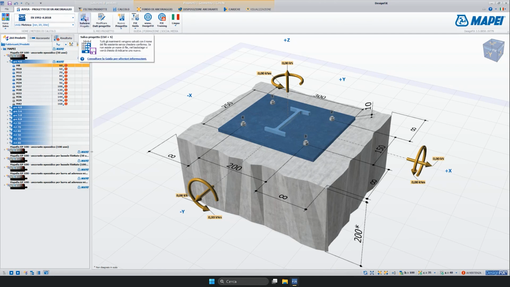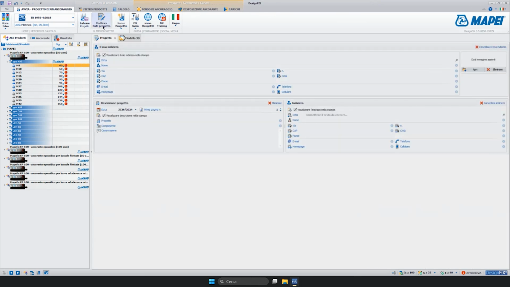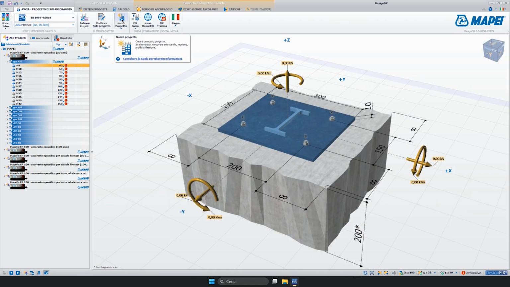Other intuitive options are the possibility to save the project on the computer, edit project data, which allows the user to add more information such as the name of the design engineer rather than the design company and other information. It is also possible to start a new project and view further information about the program itself, including the guide,